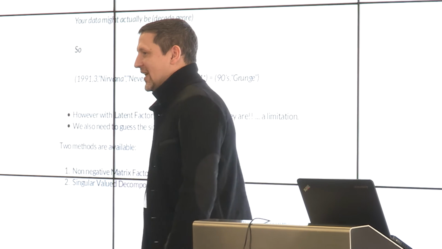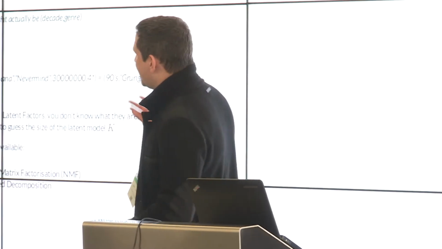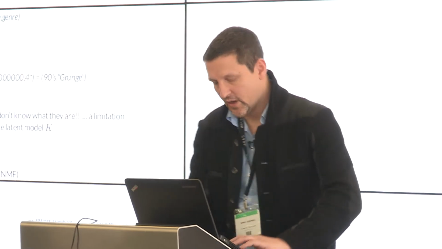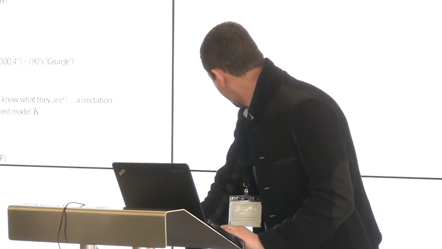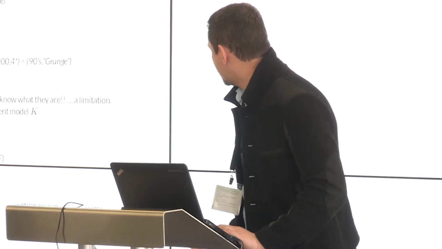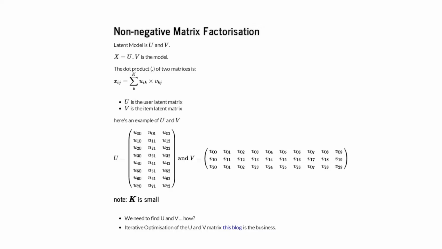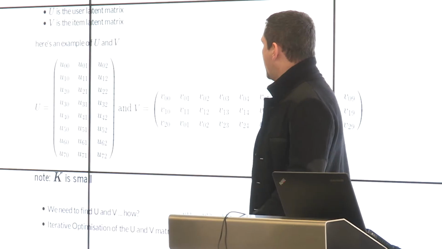But there's this whole issue of causality and all the kind of things that statisticians get quite keen about. But what we're trying to do in this next set is try and figure out latent models. So there's two techniques. There's more than two techniques, but there's two techniques that are readily available in Python and interesting. One of the ideas is to use a matrix. We've got a matrix of data, so we're going to use a matrix decomposition. And we use a decomposition of the dot product. All that means is we're kind of linearly, because the dot product is the addition of the multiplication, just linearly sort of modeling this thing.